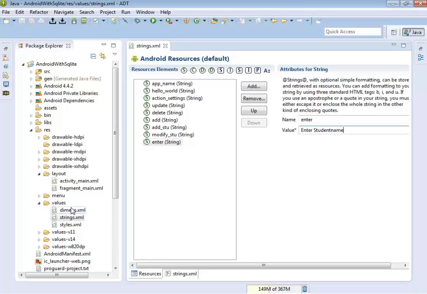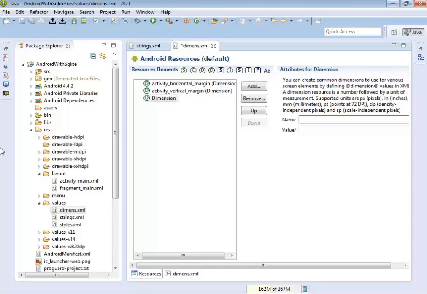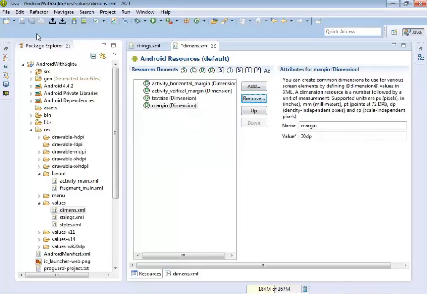Add some dimension values, dimension text size equal to 10 sp, text margin 30 dp. Save this and